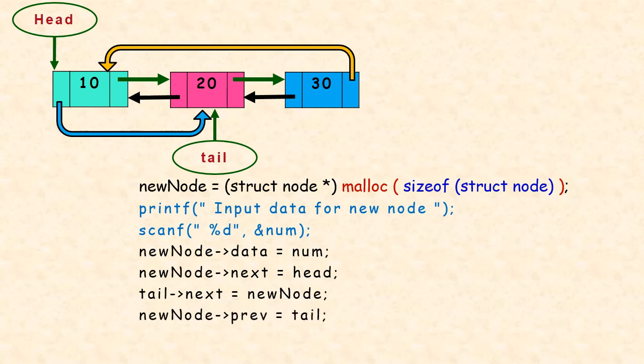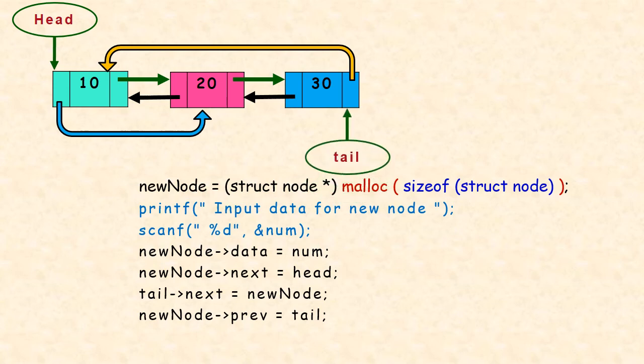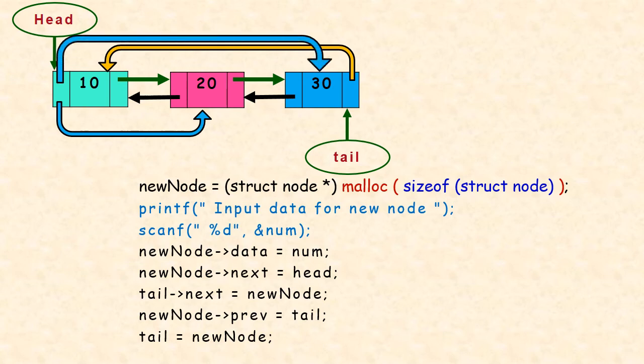Now let us do this, that is tail must point to the last node. How could we do this? Assign tail is equal to new node. The same code segment I am repeatedly executing and showing you. Now this link has to be established. What is this? The head previous must hold the latest tail. So head previous is equal to tail.